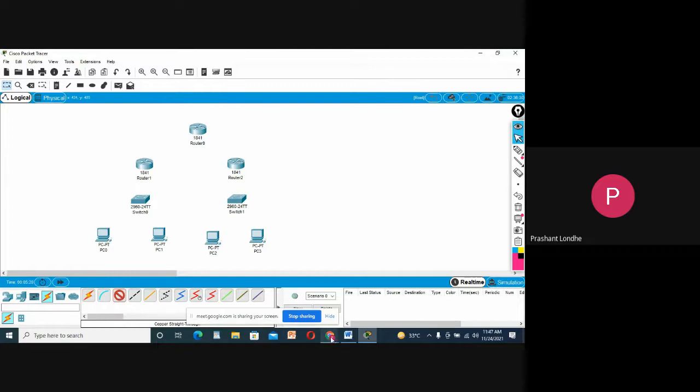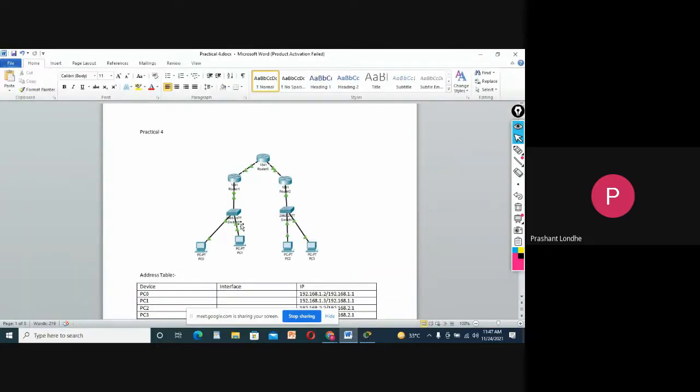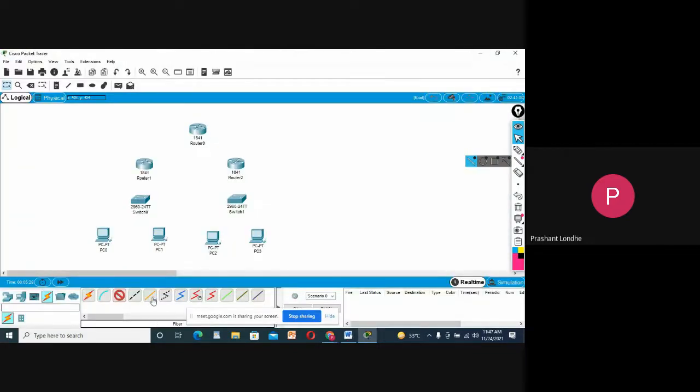I will connect the machines with the switch, then the switch with the router, and then the router with all the routers that we have.